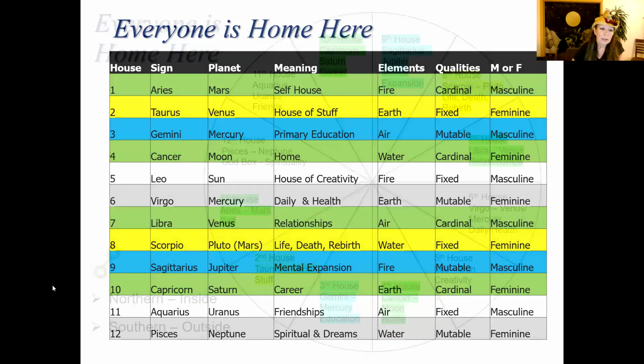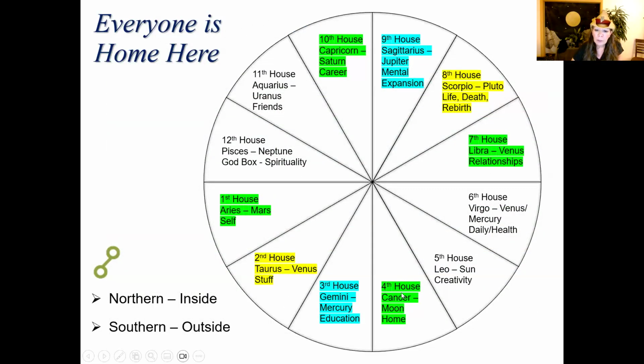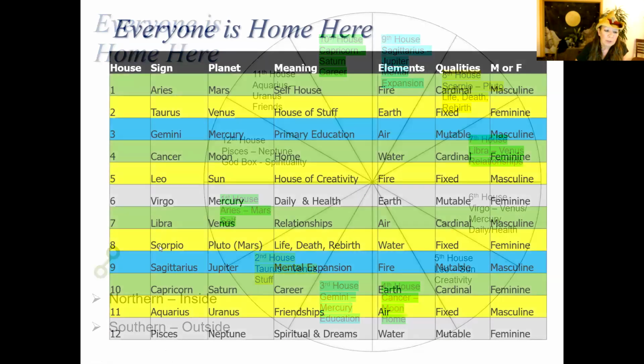So let's take a look at what that looks like. Well, here we go. Cancer, water, Capricorn, earth. Oh, home and career. Duh. Inside, outside, home and career. So they understand each other because they have to go to work at a career for the purpose of sustaining the home. But they need to reflect on each other. It's like, am I working for my home or am I living for my career? There's that kind of an interesting dynamic. Inside, outside, opposition. Now, this little symbol makes a lot more sense because they're opposed.